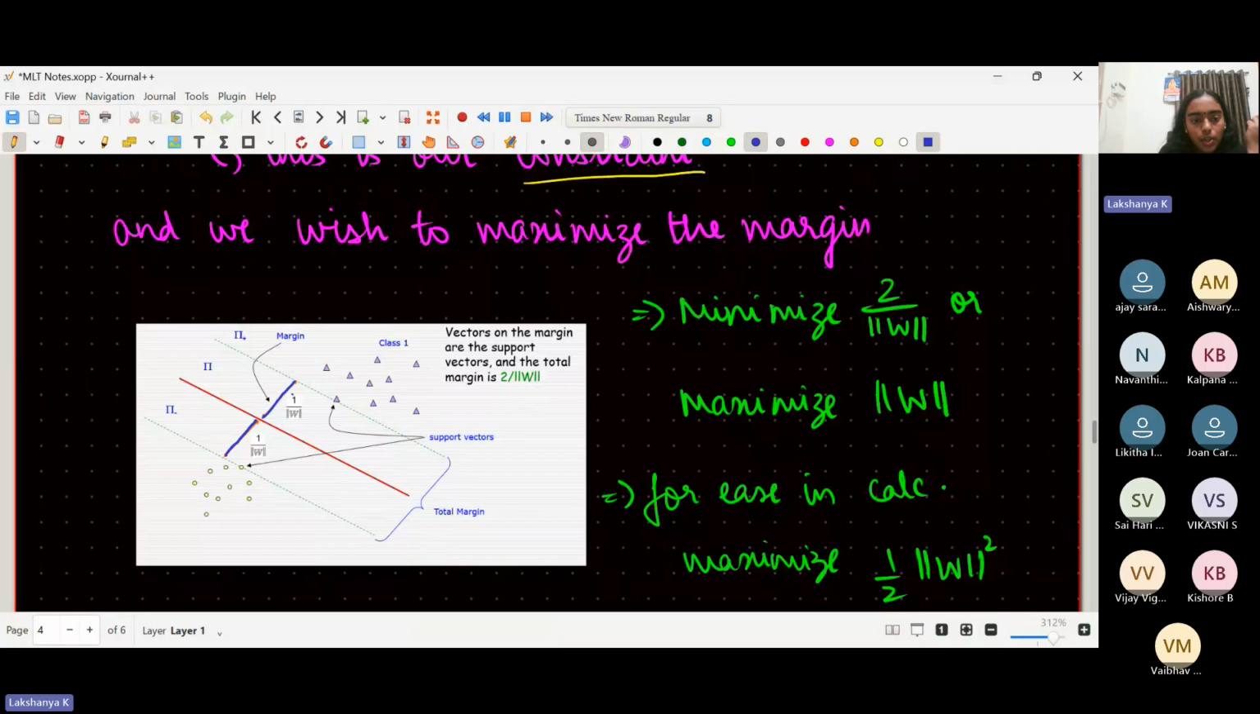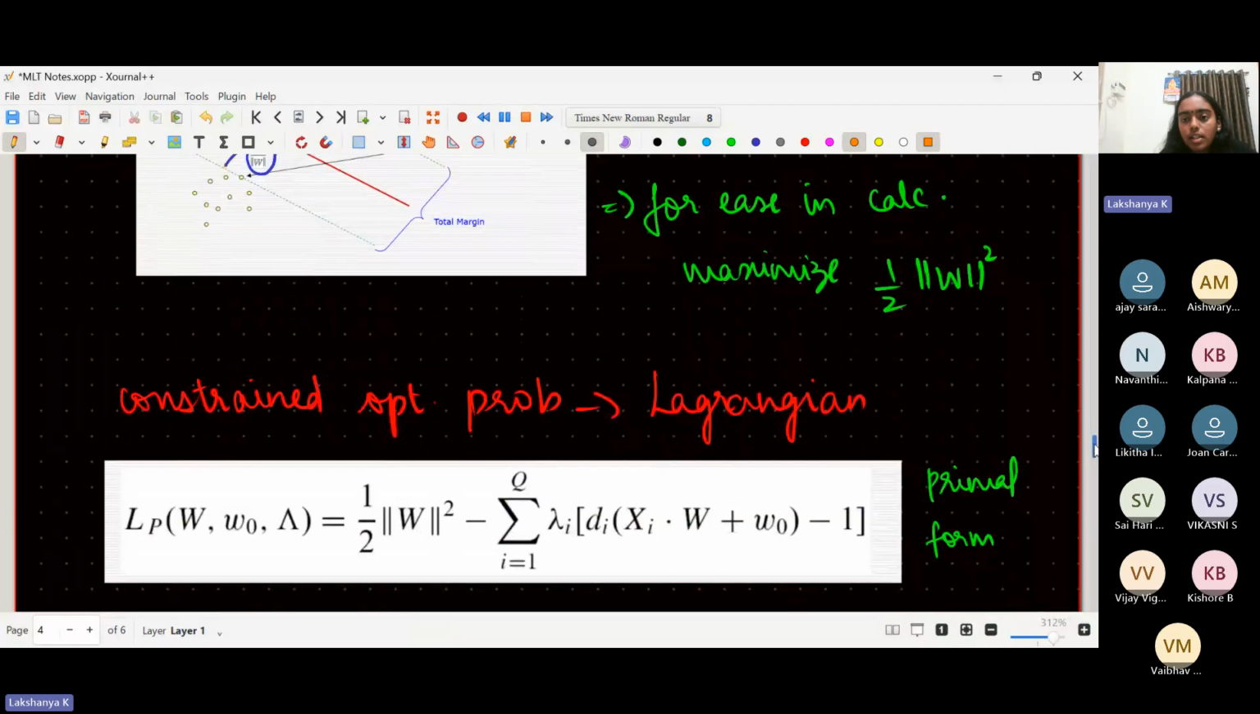I will ask you to trust me when I say this distance is 1 by norm W and this distance is also 1 by norm W, the modulus of that distance, leaving the plus-minus direction part aside. Just assume that I am choosing to call this distance 1 upon norm W. Now I want to maximize this distance, right? So the idea is we want to maximize this. For ease in calculation,